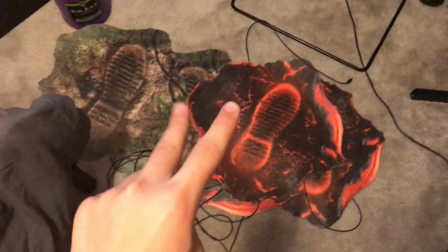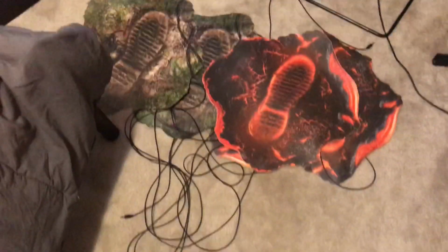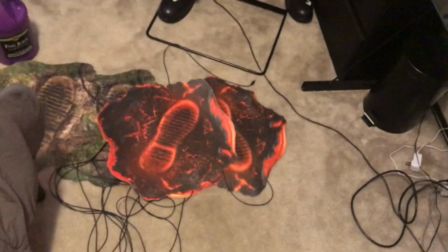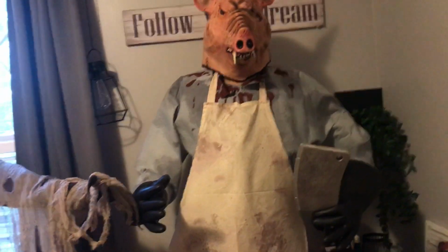Yes, I got two. These were all free. I got two of them that have step pads connected to them, one of them is this, and one of them is this. And then the rest, I just have a bunch of covers to put over my step pads to make my little office area in the garage. I don't know if you guys remember from earlier this year, the office, to make it look that much better. Now, obviously, the Butcher was probably my favorite purchase of this whole November 1st sale, but I can't wait to